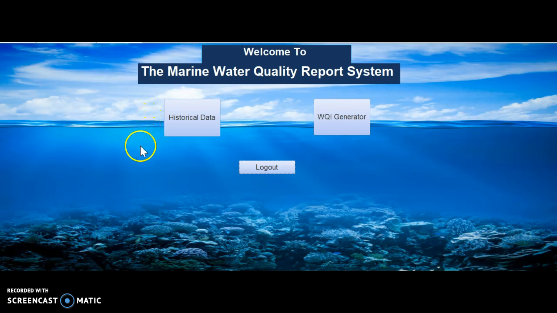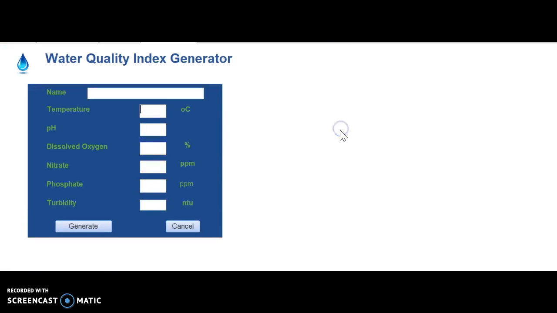They would now be taken to the main page where they are given options either to view historical data or use the water quality index generator. In this case, the user wants to generate a water quality index value. So by selecting the water quality index generator button, they would be taken to the generator page where they would be required to enter information based on a water body. So for example,